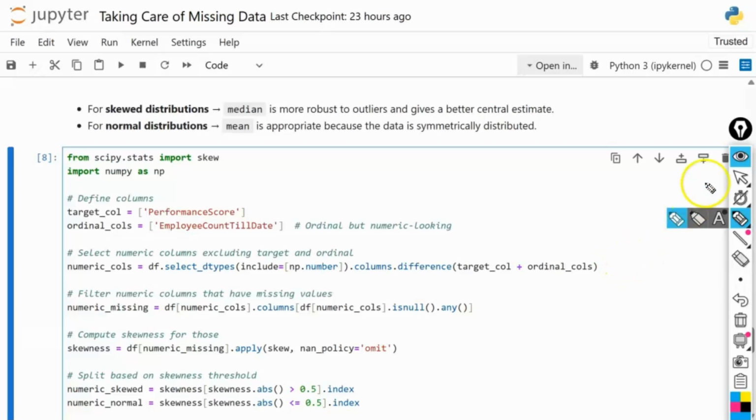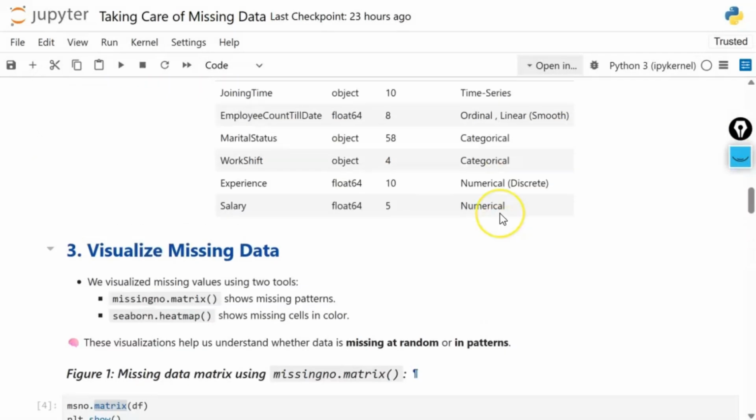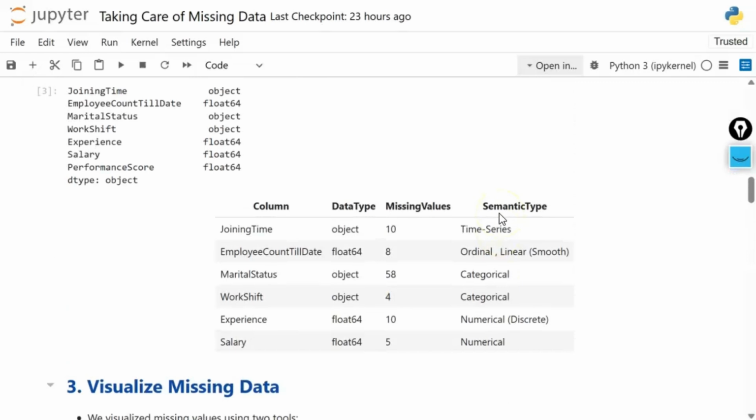If you can see here in our dataset summary, I had mentioned that it looks at first that employee count till date, experience and salary are numerical columns, but employee count till date is having ordinal data and it is linear also, so we are not considering that as an exactly numerical column for